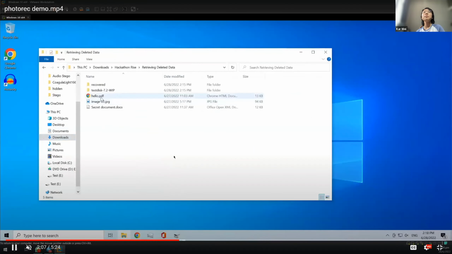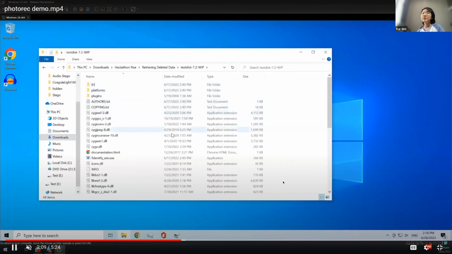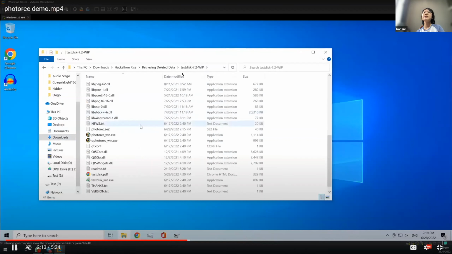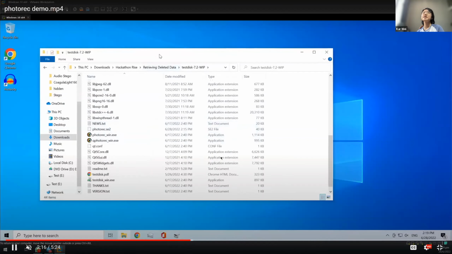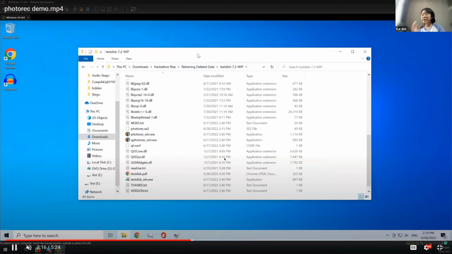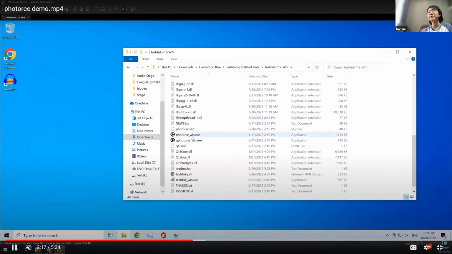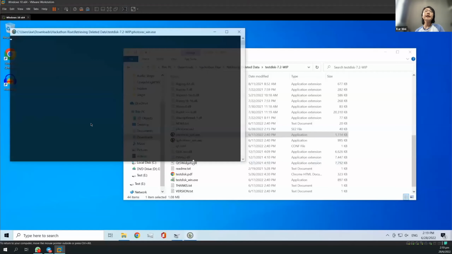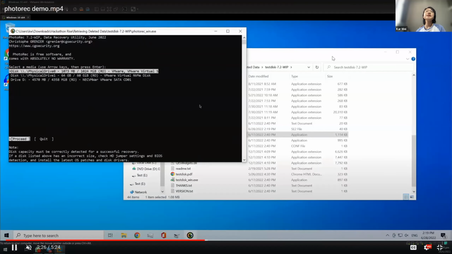We'll go ahead and open up this very handy tool called PhotoRec, which is under another tool called TestDisk. Similarly to the Exit tool, it's a command line interface tool, so it's going to open up in your CMD. And what you do is you just select options. So in this case,